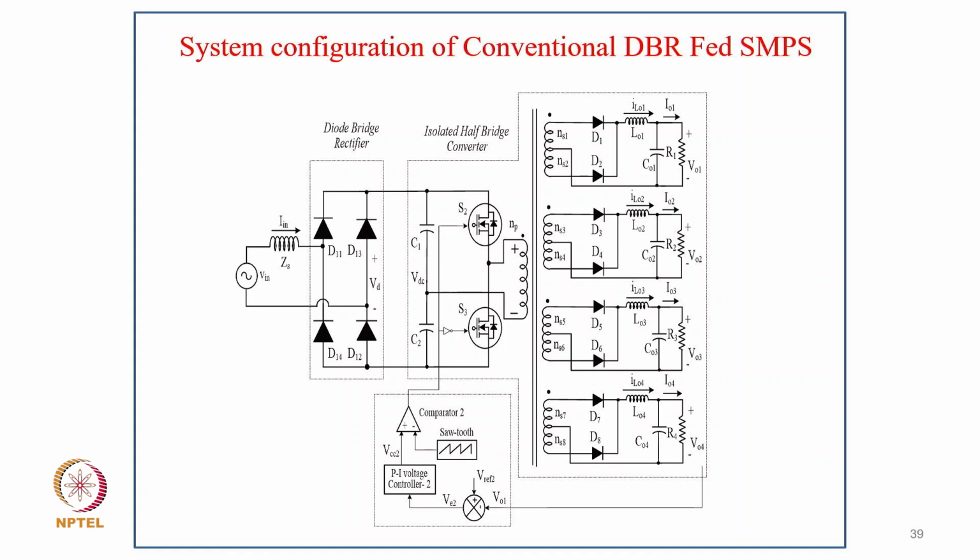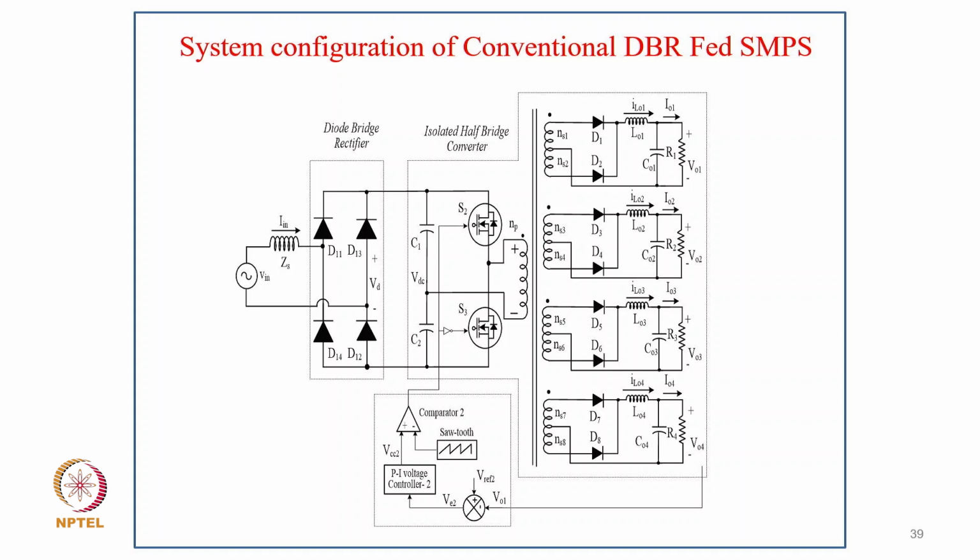Why do we use the full wave? Because in conduction, only one diode comes into conduction, and that really reduces the losses in the output stage. The output voltage is normally quite low, as we discussed, even as low as 3.3 volts. So even an additional diode, if we use the bridge, causes substantial losses.